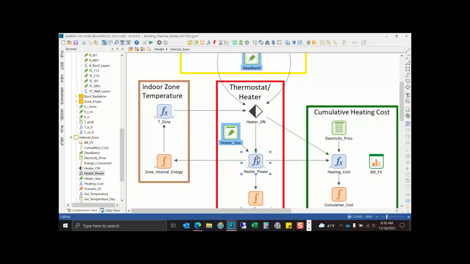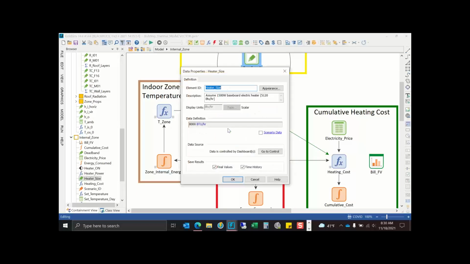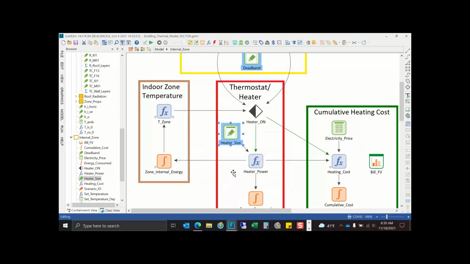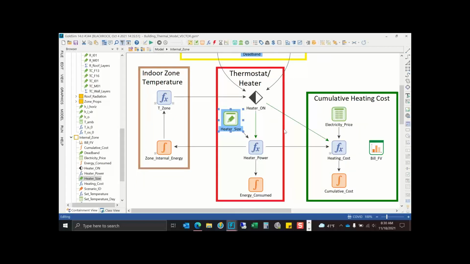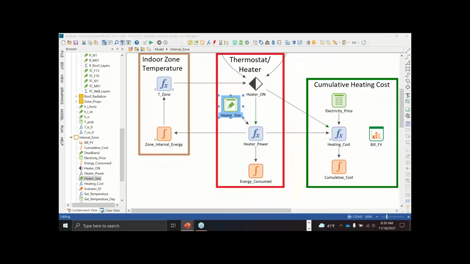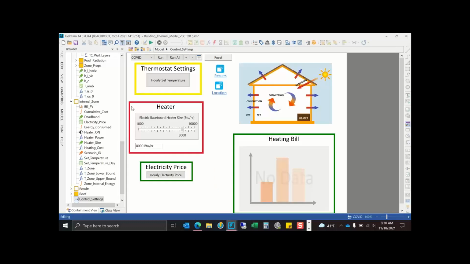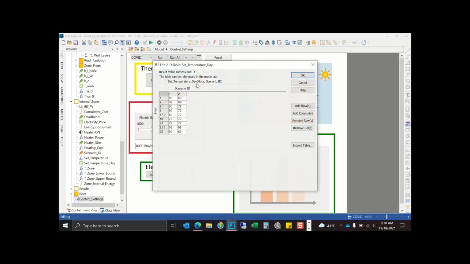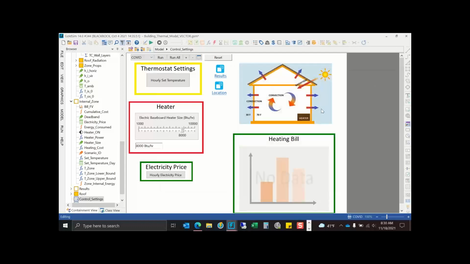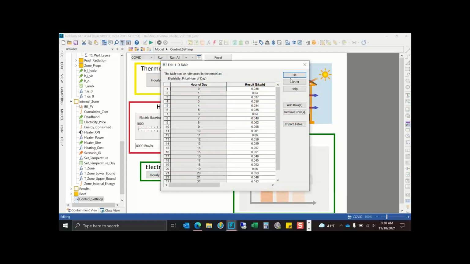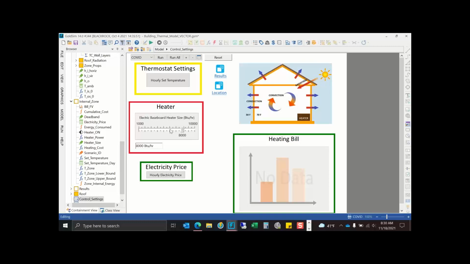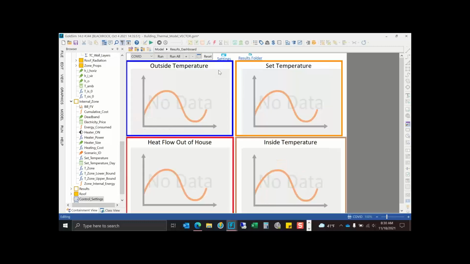Okay, and then again, the heater size is just a constant that we can modify in one of our dashboards as 8,000 BTU per hour. Okay, so now that we know, actually I can show you the control dashboard. So if we want to change our settings and inputs here, we can vary that in our dashboard and change our heater size. So if we go back to the results, run our simulation again,